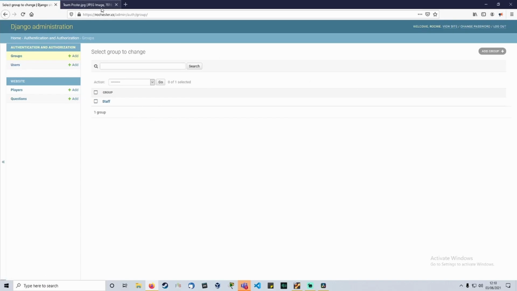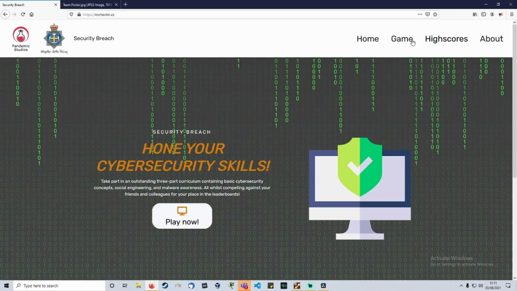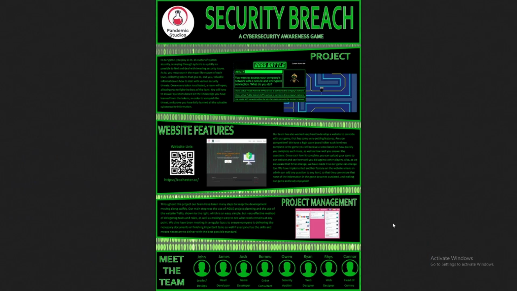And that sums it up for the website demonstration part of our product, and I'll be going on to the poster next. Next up, I'm going to give you some more information about the project whilst covering everything that's on our poster. So, Security Breach is a cybersecurity awareness game developed by us for Durham Constabulary. The main part of the project, the game, was created in Unity using WebGL, which is basically a games development engine which primarily uses C#. The website itself was using Django, the Django Python web framework,